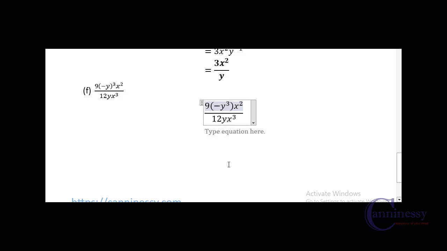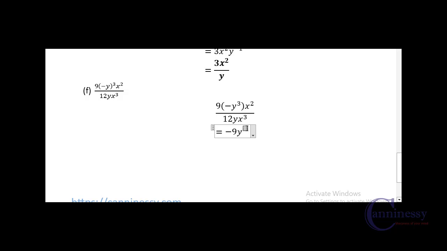Remember, the 9 is positive, so we're saying a positive multiplied by a negative, that gives a negative. So here is going to be equal to negative 9 y to the exponent 3,